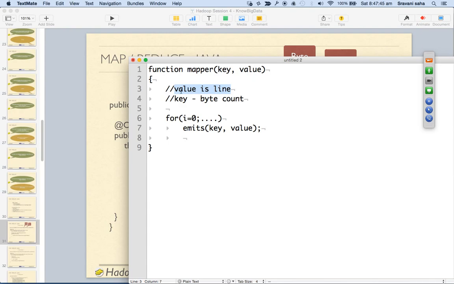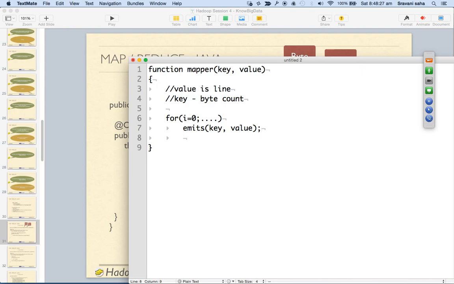at which byte, instead of saying it is the nth number of character, we are saying at which byte number it's starting. So you can think of it as at which character number in this whole file our line is starting. So it essentially tells you the overall position of this line in this file. Using this key, which is the byte count, you can do multiple kinds of things. You will know where you are in this file, and you can do multiple kinds of manipulation. You will see it later,